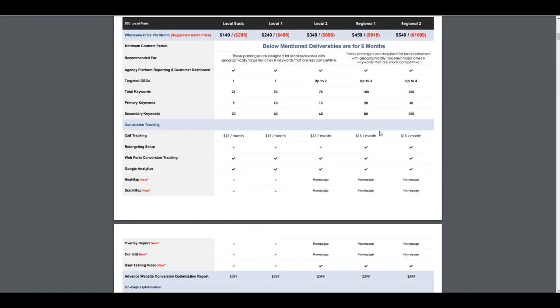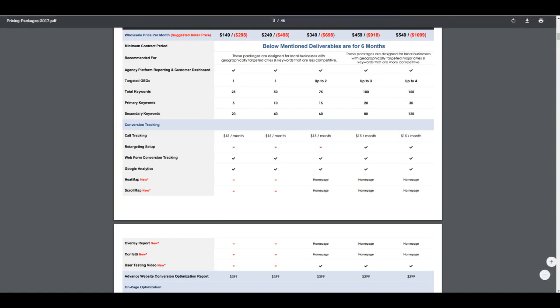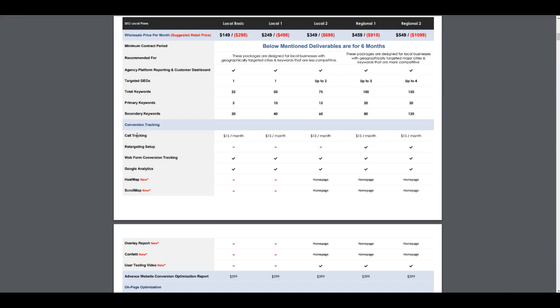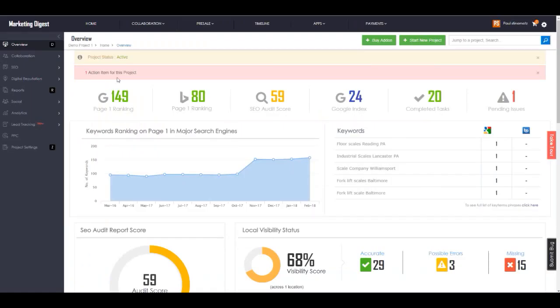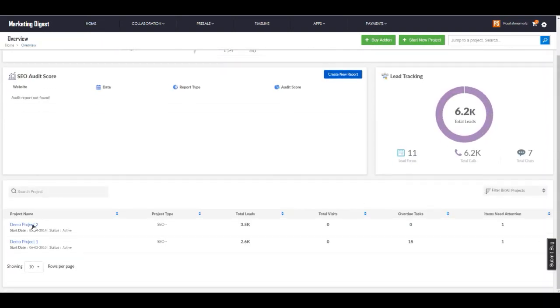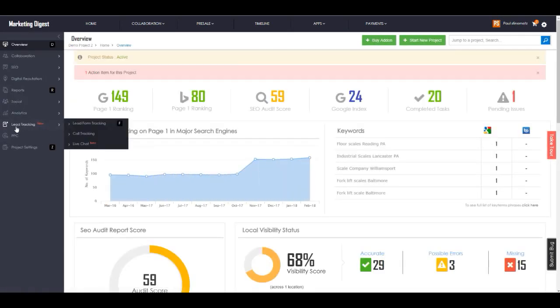From there on down, call tracking is additional at $5 a month per call tracking number. For the first call tracking number, if you want more than 1 call tracking numbers, you'll pay additional for it. Now, keep in mind there's a dashboard access for call tracking. If you're ever wanting to know what any of the dashboard features for SEO looks like, remember you have demo accounts in here. You can always go to your home, go down, click on a demo project, and if you're wondering, for example, oh, what's call tracking look like? Well, scroll through these navigation until you find it. Lead tracking, call tracking. You can take a look at it.